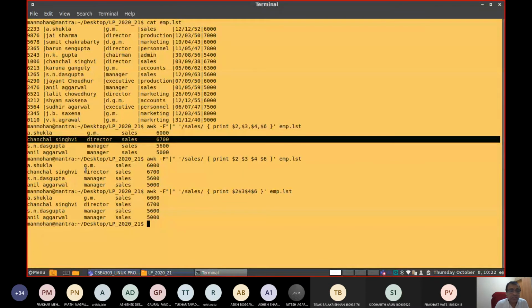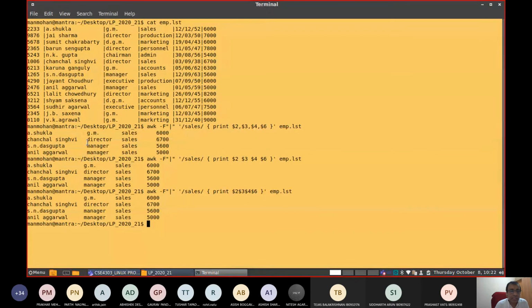Look into the way in which this is aligned. Can you notice the difference in the output? Look into the way the second column is aligned here: GM, director, etc. Director is moved to the right a bit. Whereas in a standard Unix implementation, everything will be glued together without any space.